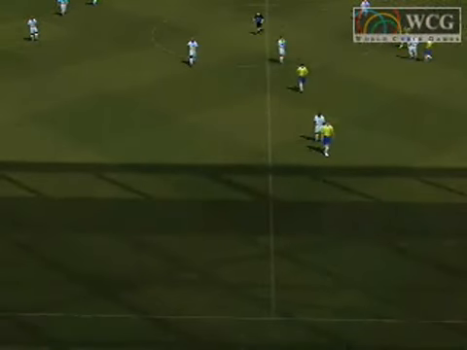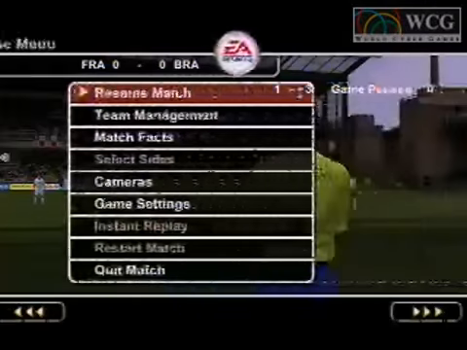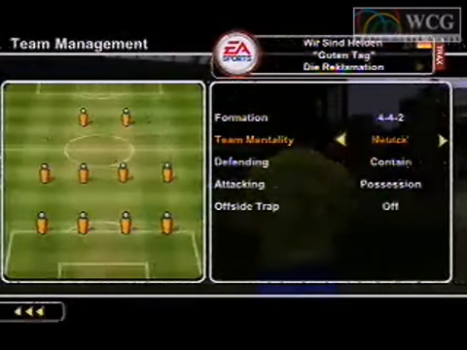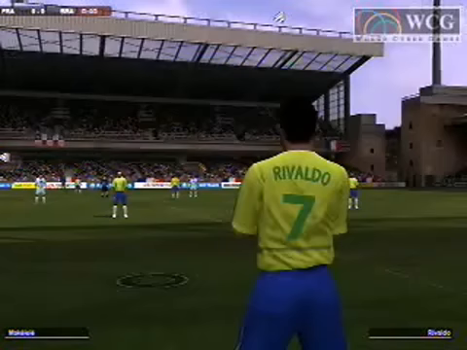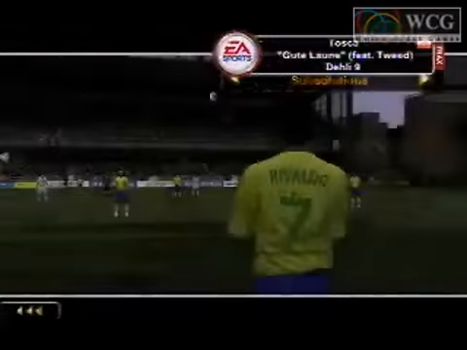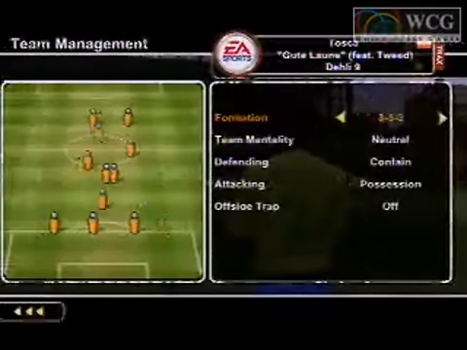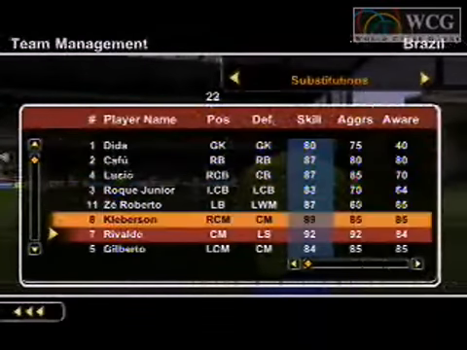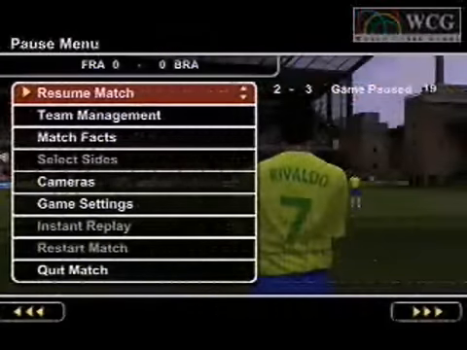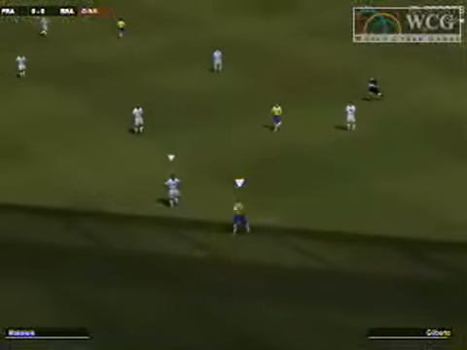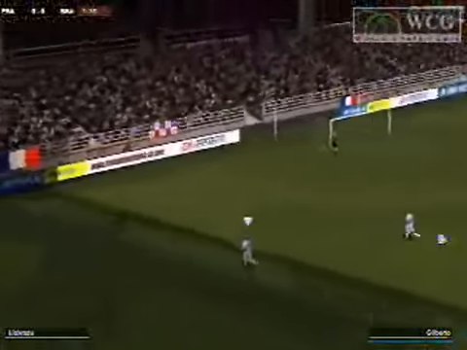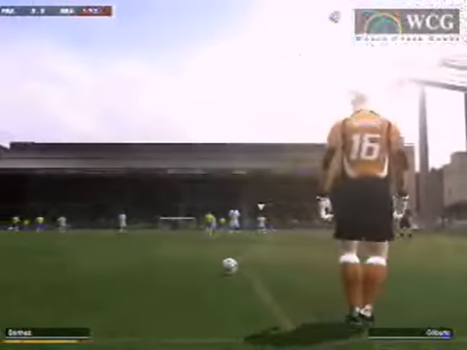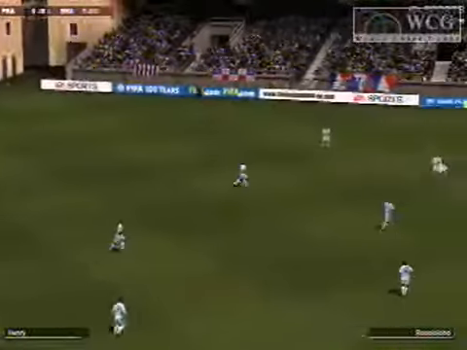The German deciding to go with a 4-1-3-2 positioning. And now the Brazilian, let's see what he's going to do. The Brazilian maintaining a 4-4-2 using a neutral gameplay and a contained type defense. Actually, the Brazilian changing it up to a 4-3-1-2 to match what the German is doing. All right, the ball is going to be sent into play, then cleared down the field for a goal kick by the keeper. Barthez going to put this match, and we're on the go.